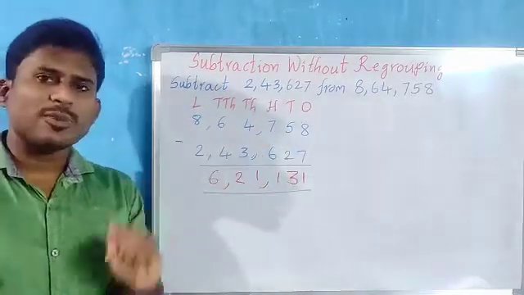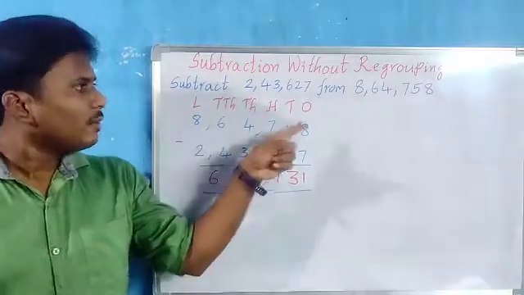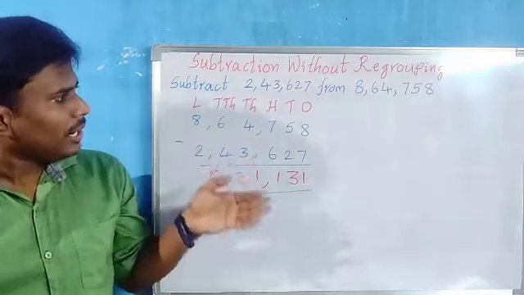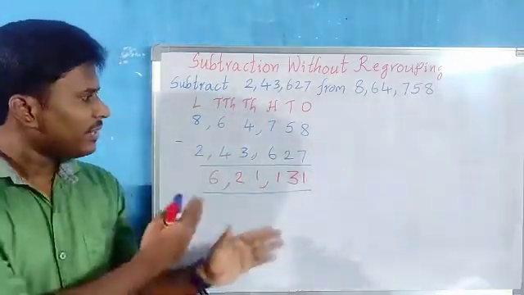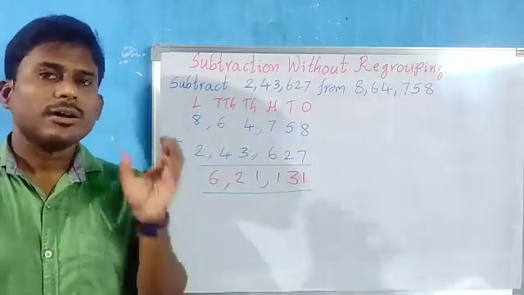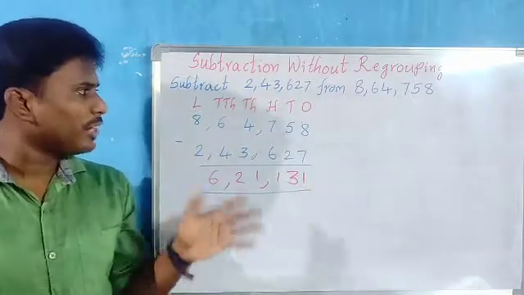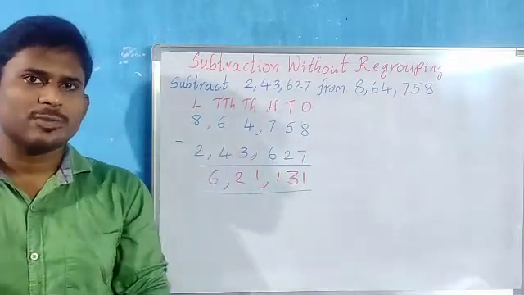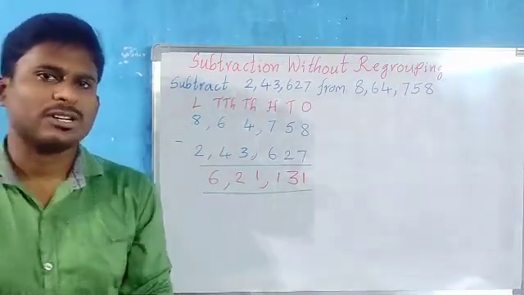We did not regroup from any place here. Directly we got a chance to subtract the ones place from the ones place only, the tens place from the tens place only, the hundreds place from the hundreds place, and so on. So we started from the right side and ended at the left side, but we did not bring any number from the previous places. That means there is no regrouping, children. So this problem is about subtraction without regrouping, children. Now next let us do a problem based on regrouping, children.